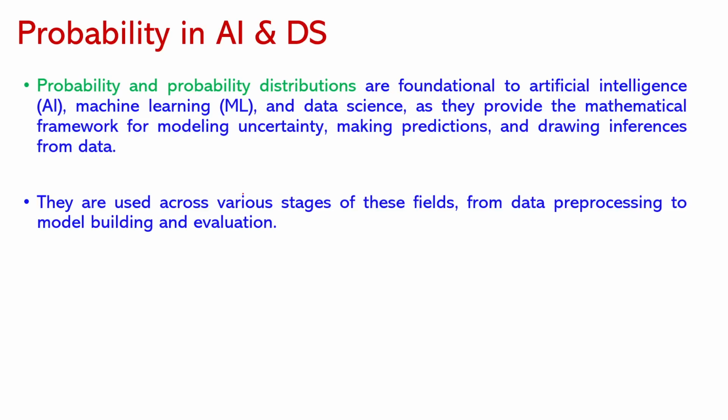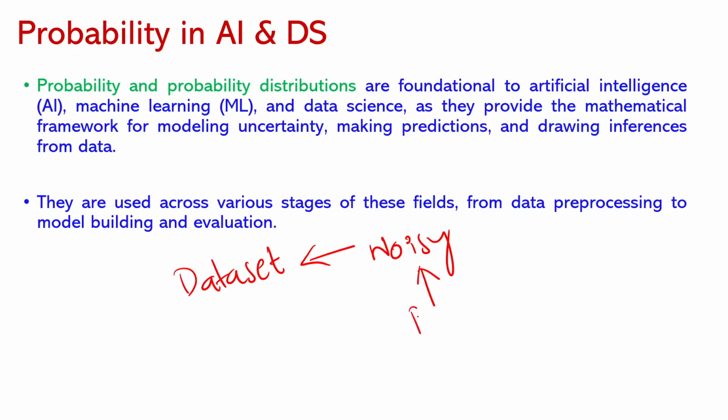When we talk about probability and distributions, they are very foundational to AI, ML and data science because we deal with a lot of uncertainty. Where is this uncertainty? Let me give an example. When you have a data set with you, there is a high chance that there is a lot of noisy data in the data set. When you gather the data, when you try to accumulate the data, you will have a lot of noisy data in that. So when you have noisy data, if you build a model on this noisy data,